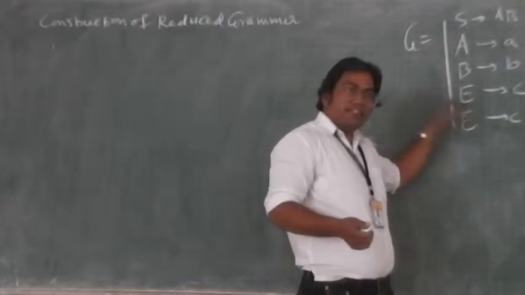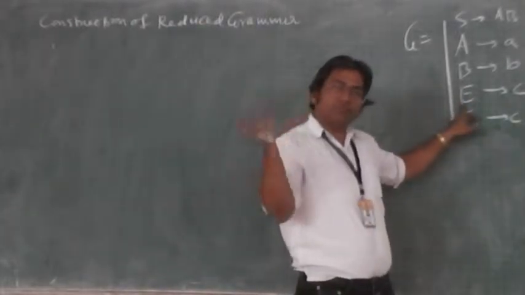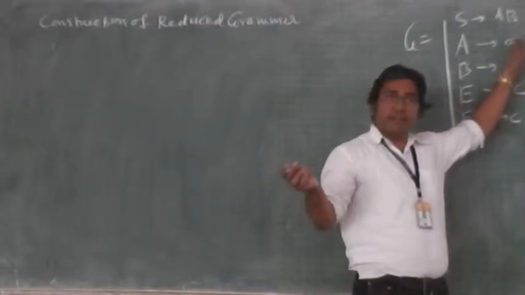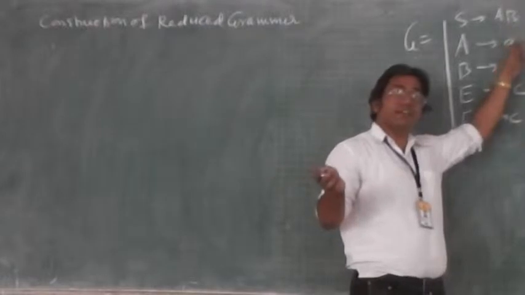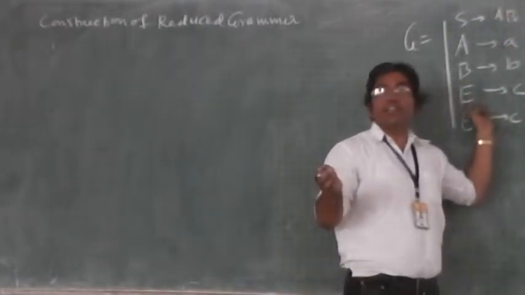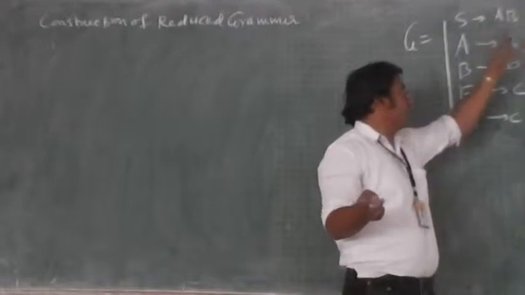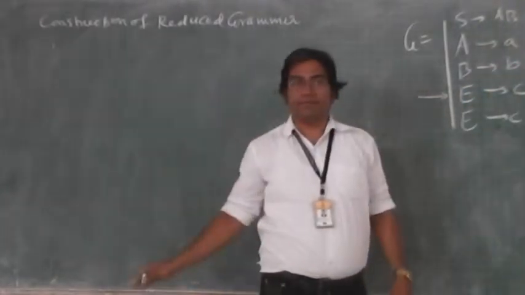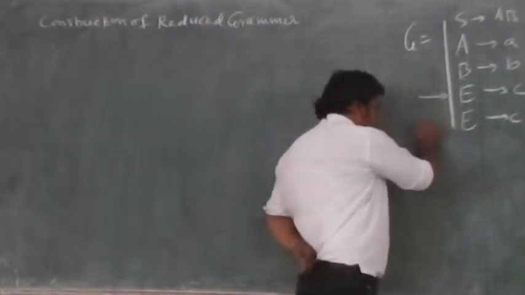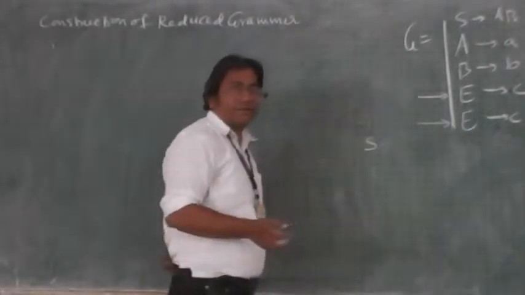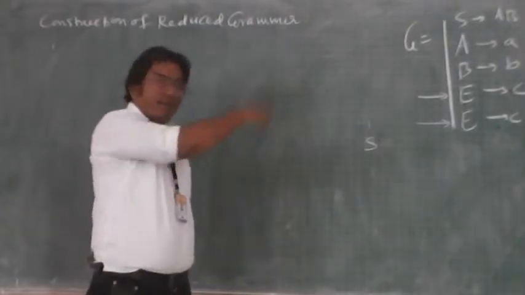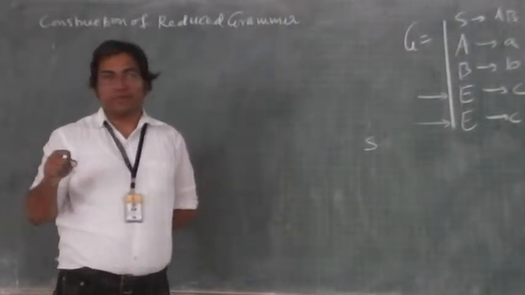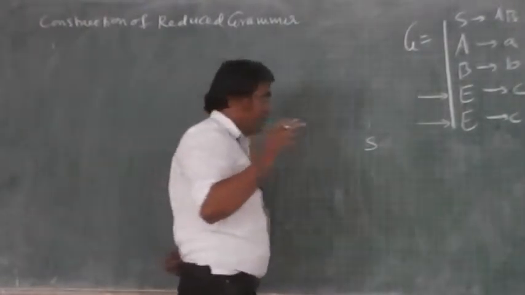This E is present at the left hand side. It is ready for substitution. But where do we substitute? At the right hand side we do substitute. And there is no variable at the right hand side of E. So we are not able to substitute E. So E is not appearing at the right hand side. That's why this production I am unable to apply. Okay? Similarly, this production also I am unable to apply. That is why I found that these two productions are useless for me. Okay? This is the very first.